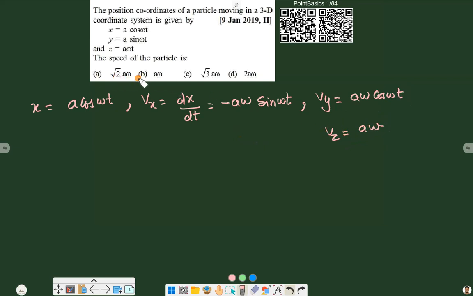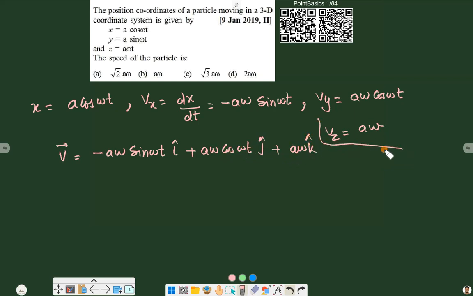Now in the options we have magnitude given, so we have to find out the net velocity in magnitude. So the velocity vector will be something like this: minus a omega sine omega t i plus a omega cos omega t j plus a omega k. Okay, this is the velocity vector, and the magnitude will be